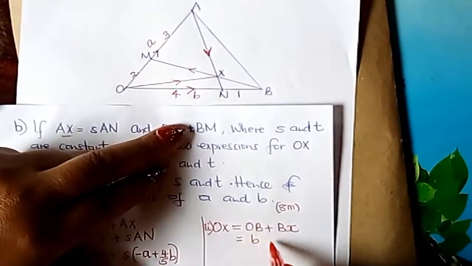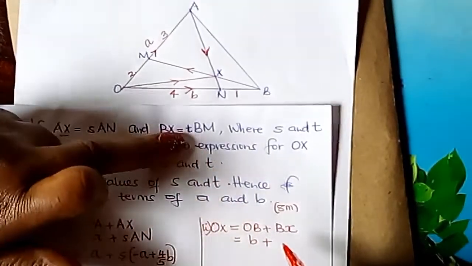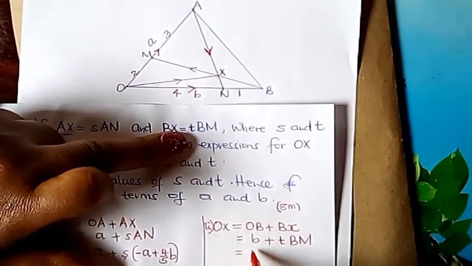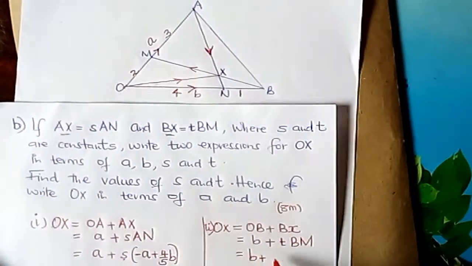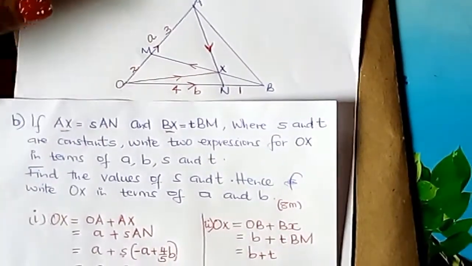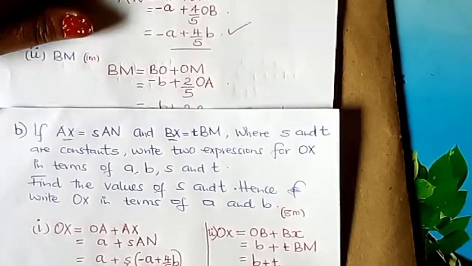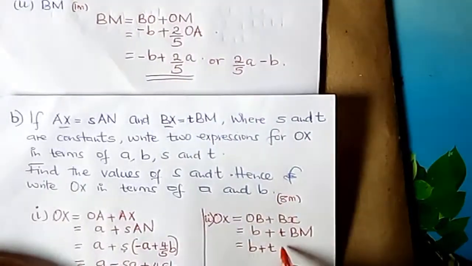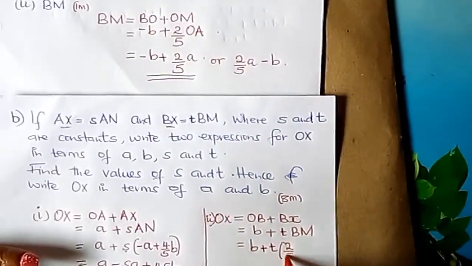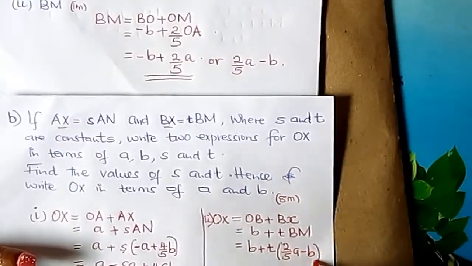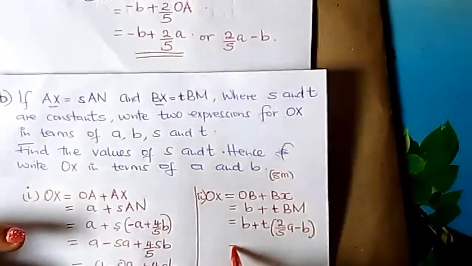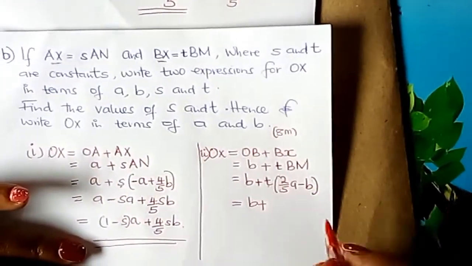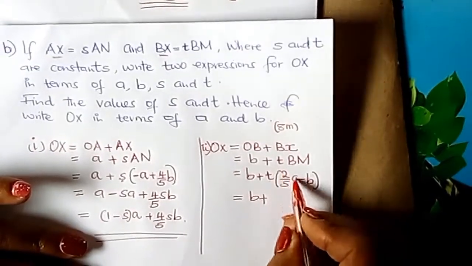So this is equal to what? OB is small b plus, what is our BX? Our BX here, we are told that it is t of BM. And therefore we continue and say this is b plus t of BM. What was our BM? Here we are in Roman 2. Our BM was, you put a bracket, 2 over 5 a minus b. Look at that. So this is equal to b plus what? Multiply with the t inside the bracket. Remove the bracket, and therefore this will be 2 over 5 ta